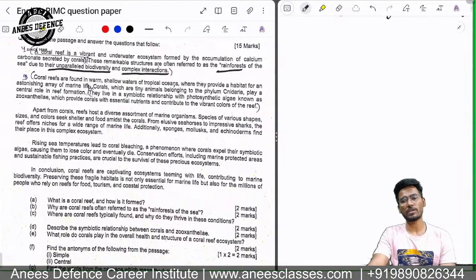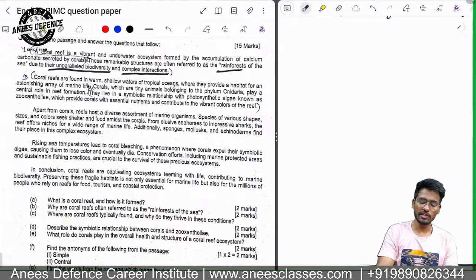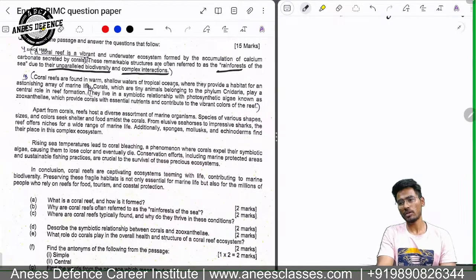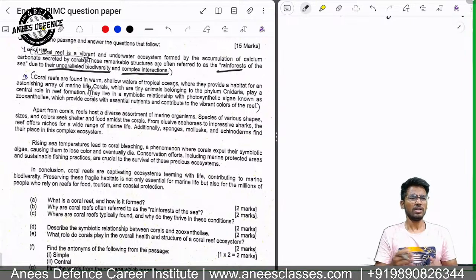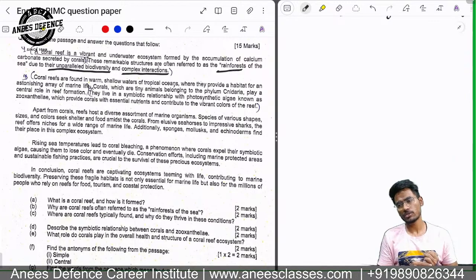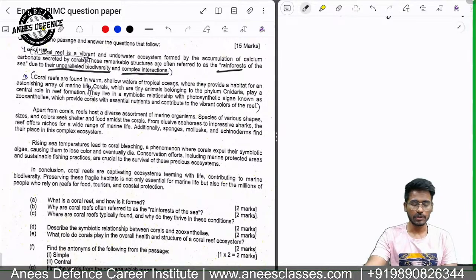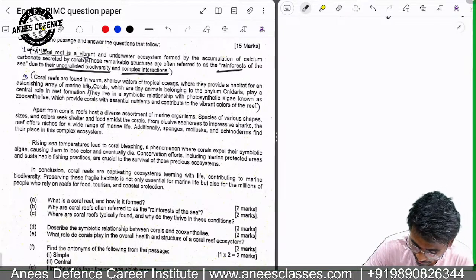So with the marine habitat, you can say that there are many types of marine aquatic animals. There are sharks. There are different types of fish. There are also worms. There are other habitats like echinoderms, Cnidaria. You might have read about this. Mollusca. You might have read about this in biology. So for all these sections, the corals provide a natural habitat and a living habitat. The second answer lies in the third line only.